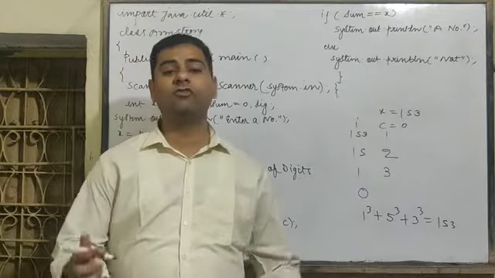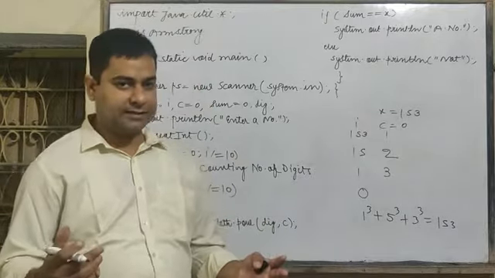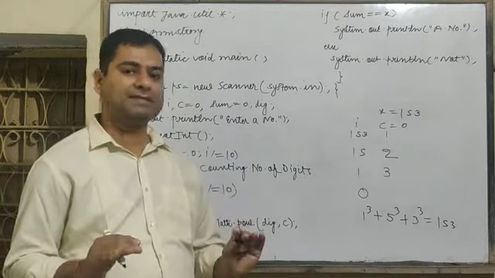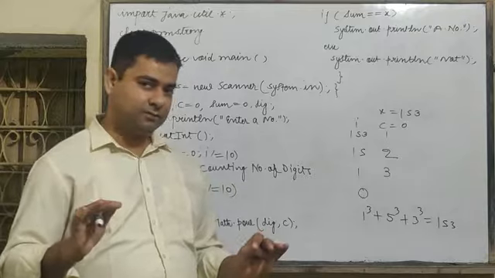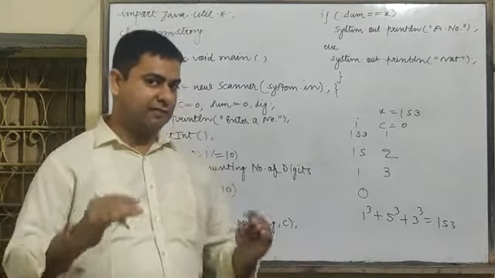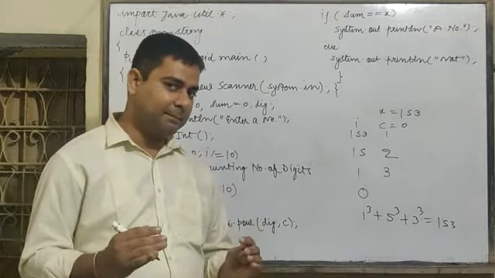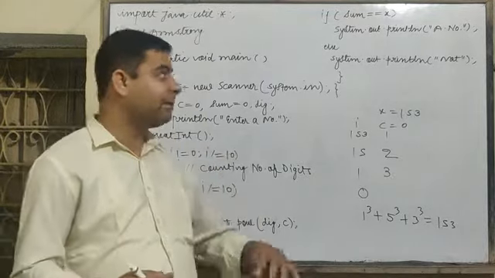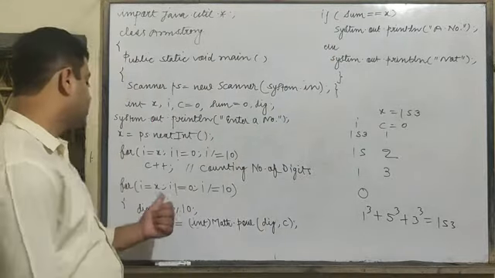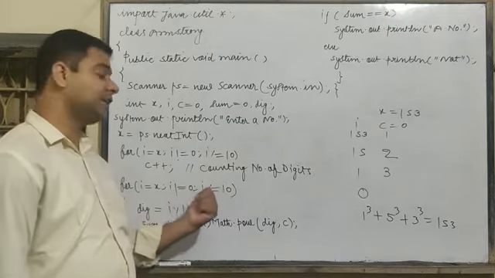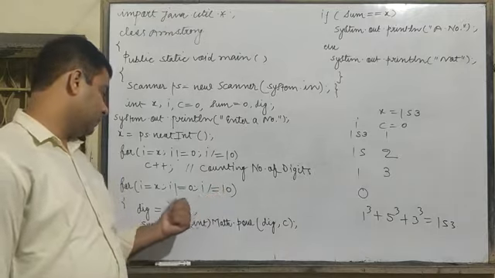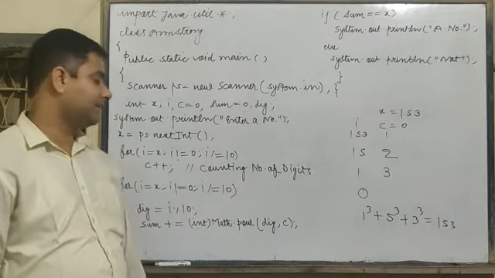So what will we do? First of all, we extract the digits. Extract the digit, then calculate the power, and then calculate the sum. Each digit is raised to the power of the number of digits, and thereafter we will calculate the sum. Then the sum will be compared with the original number. So what we are doing here, I equals to x, I not equal to 0, I divided by 10. This is the logic we are writing here to calculate the digits along with their sum.